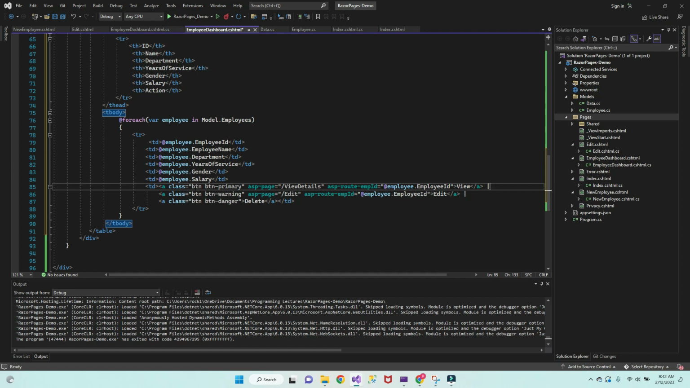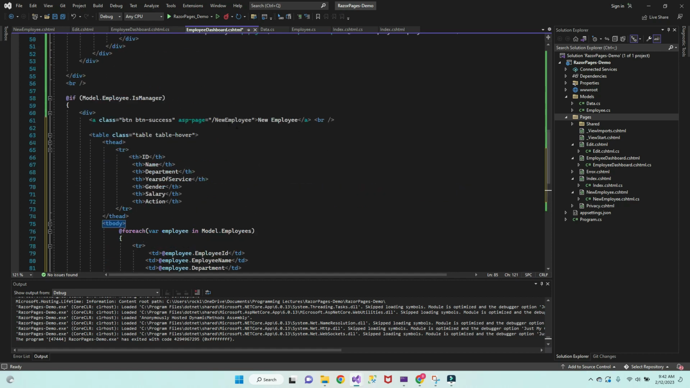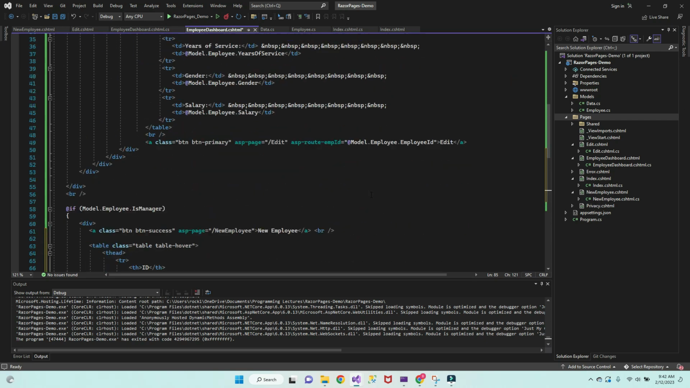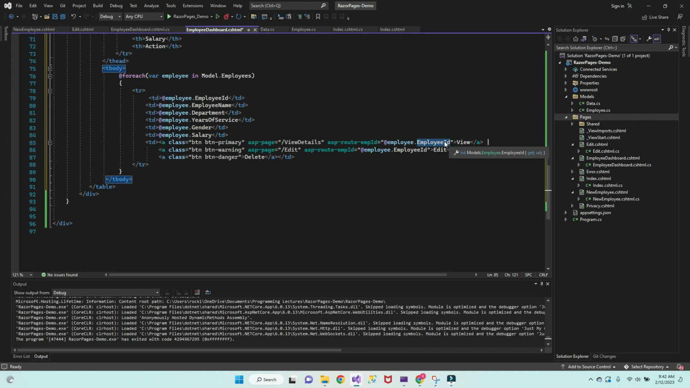And then I did the class BTM primary, and then I put ASP.NET page, which is the view page, and then the route is employee ID, like we did on this other guy right here, right? And then it's employee ID, and then the name of it is the view. The next one I did is this guy as well. The same thing